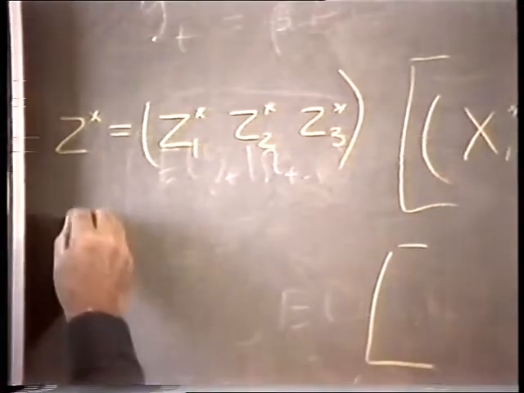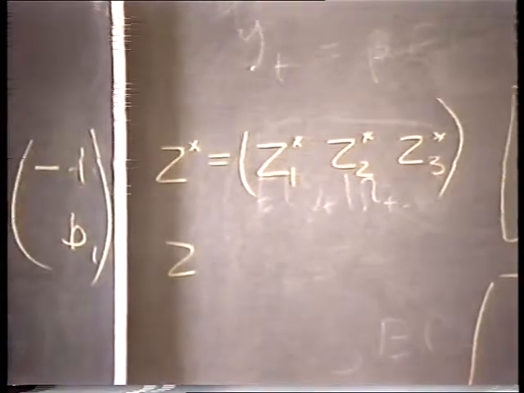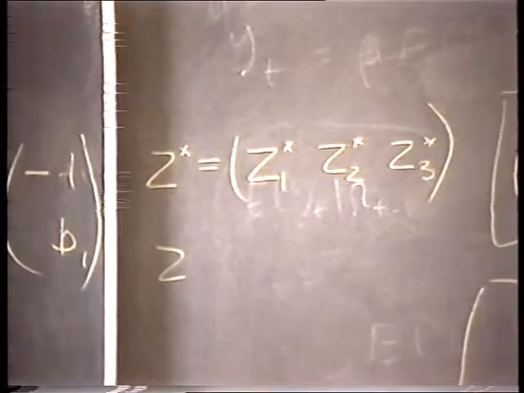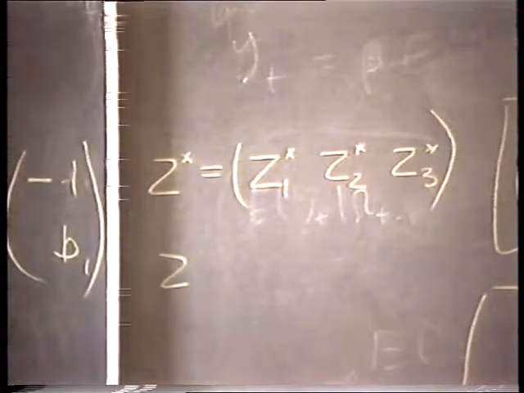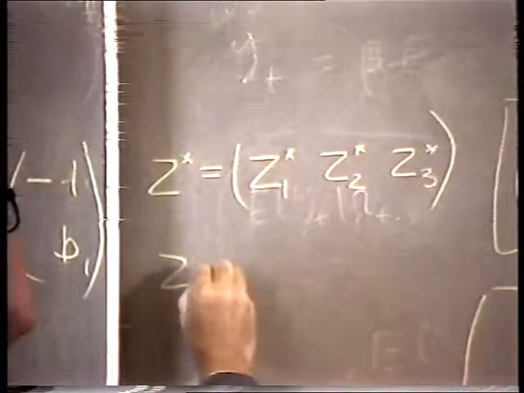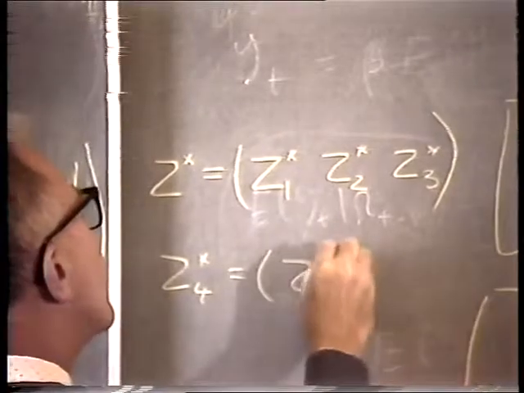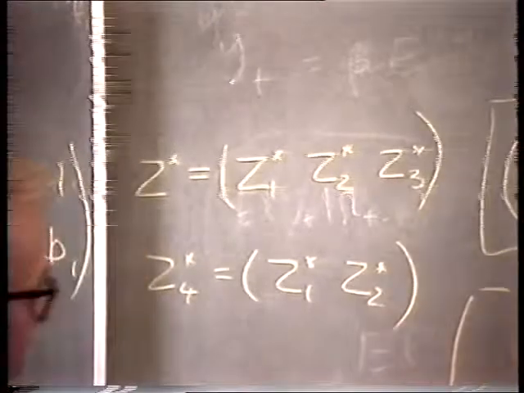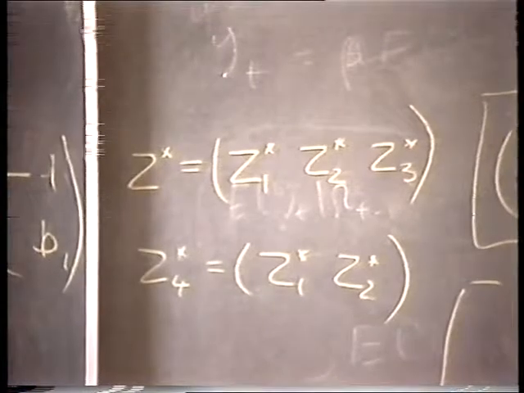In other words, I'm now assuming that Z1 star and the rest give the usual partition between those Z star variables which occur in the first equation and those which don't. But then I'm assuming that Z4 star is simply being defined as obtained by taking Z1 star and Z2 star. So the Z3 star are the variables that are not being used as instrumental variables.